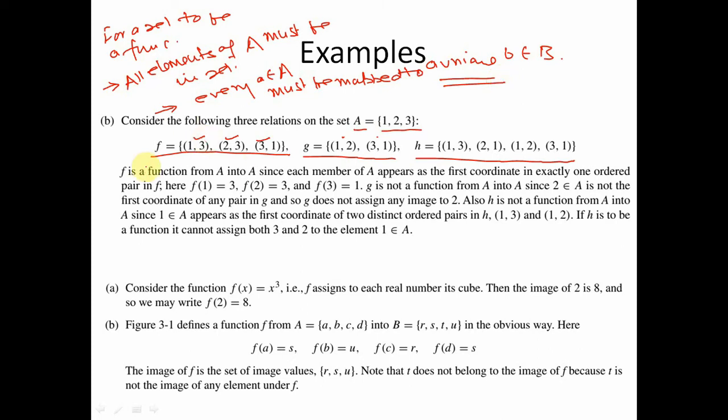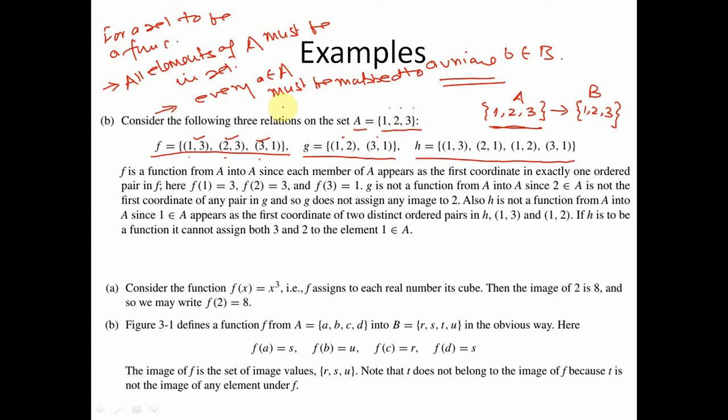Okay. Now let's see this F. Now I can see that the set is 1, 2, 3. Right? Let us see the elements. Essentially, what is happening over here is we are creating a relation from the set 1 to 3 to the set 1 to 3. That means this is the set A and this is the set B. Now it can be a function if all the elements of set A are present. You can see over here 1, 2 and 3. So the first condition is satisfied.